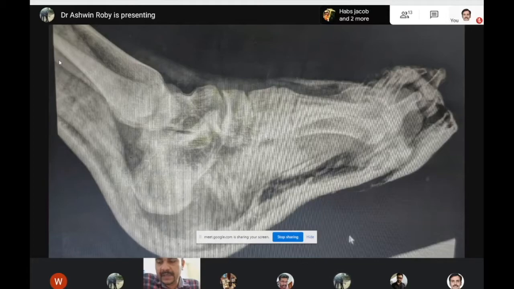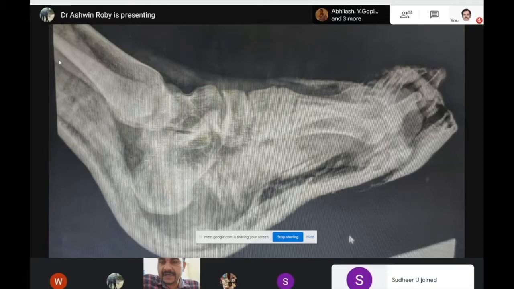The skin was now intact. So we gave a cephalosporin antibiotic within the first hour of injury. We started injection TT and tetanus immunoglobulin. After adequate wound wash, we immobilized the patient in a below knee slab with a toe guard. Pre-reduction and post-reduction neurovascular examination was done. It was found to be normal. Signs of compartment syndrome were assessed. There were no signs of compartment syndrome. The skin was normal. There was no ecchymosis or anything.